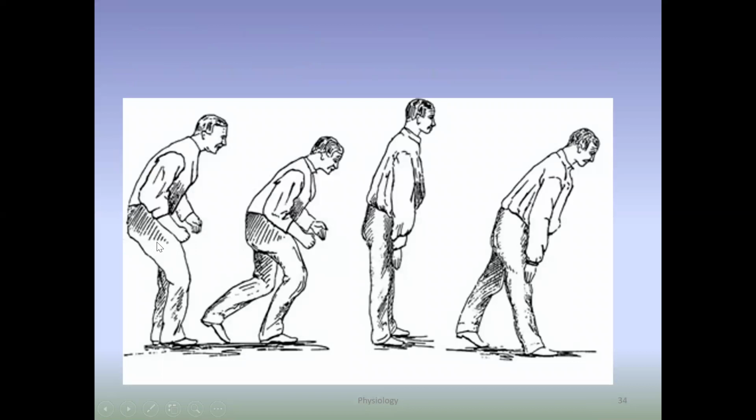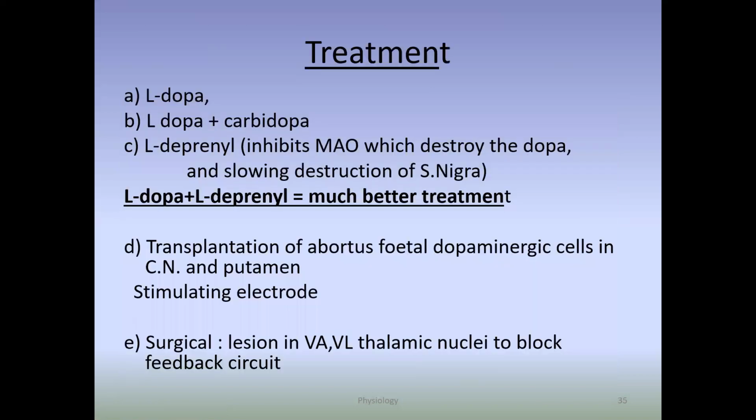So in that way, you can see both elbows flexed. There is no movement of that particular elbow while walking. The knee is flexed, the hip is flexed, the neck is flexed. And when you ask the person to walk, the person walks with short steps, and like that, he is trying to catch the center of gravity. Okay, because of this flexed posture, this is called a festinating gait or the short steps gait.